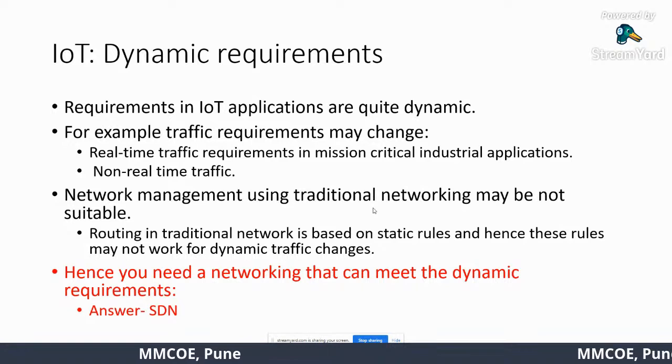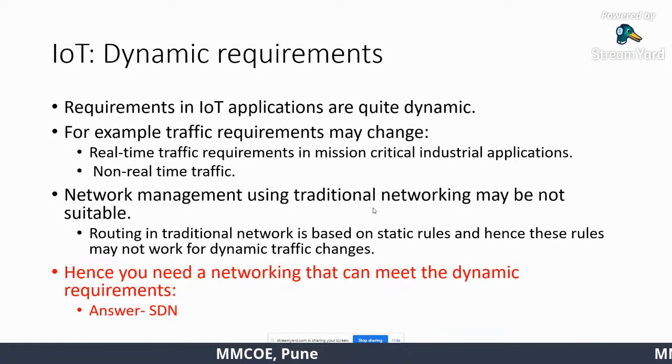For instance, if you talk about industrial applications, these may have mission-critical, latency-sensitive, real-time requirements. It could be autonomous cars or autonomous systems in industry, right? So in order to have these autonomous systems in industry working in collaboration to accomplish some task, now this is a kind of IoT system, right? So the requirements are quite dynamic here when you take such cases, or you can have